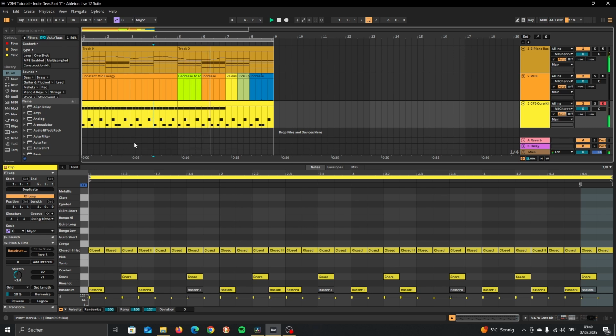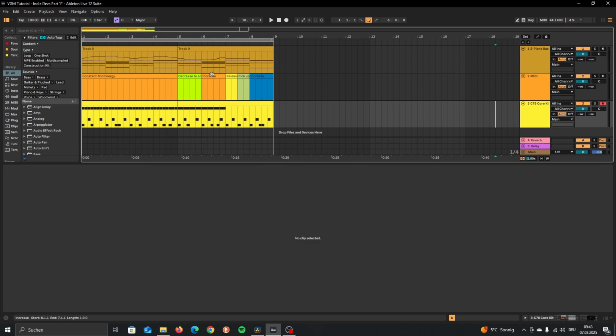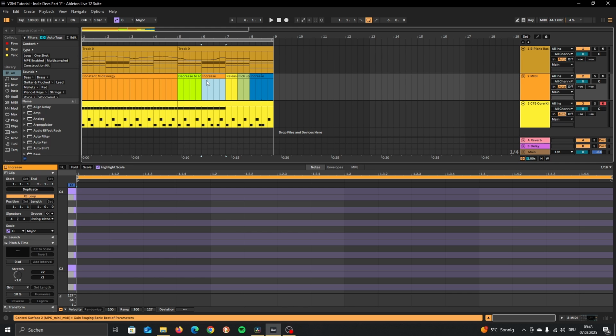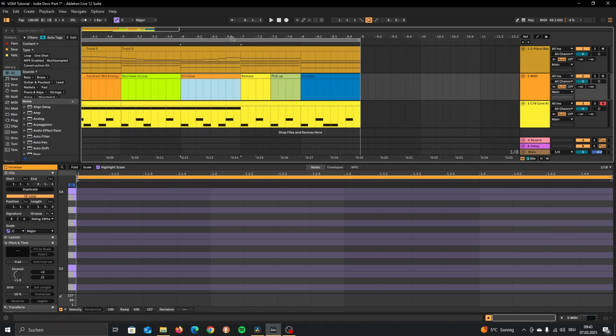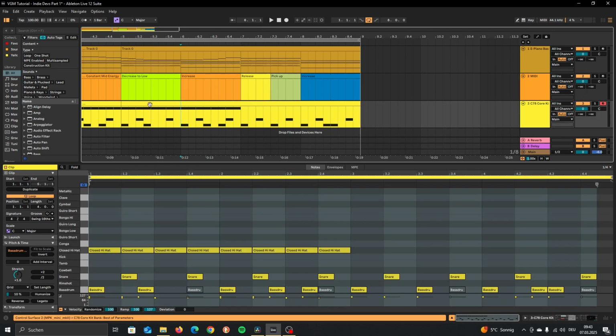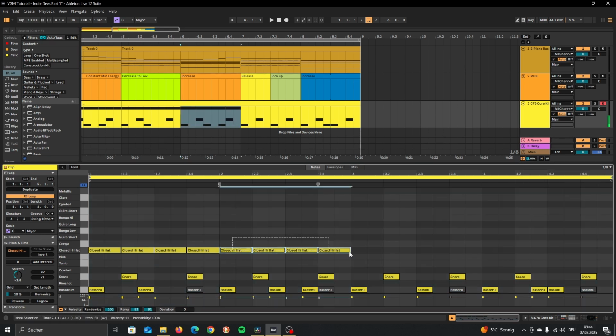Can you hear it? It's very drastic. This particular example is very drastic. So now we can take a look at what we have written above here, and it says it should increase again because it's going to lead to this release. So the increase basically builds up a lot of momentum for the release to feel all the more satisfying. So the most basic thing we can do is change this back to